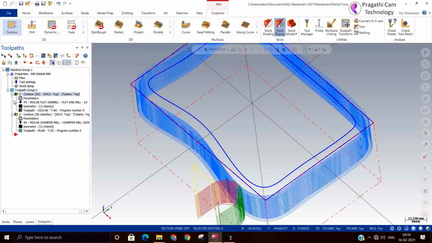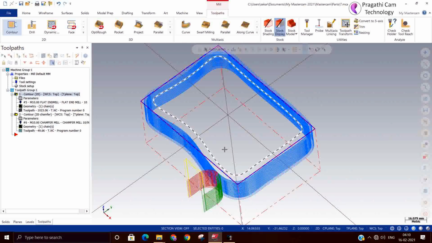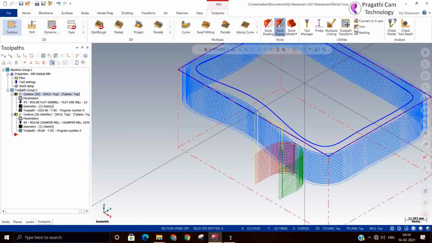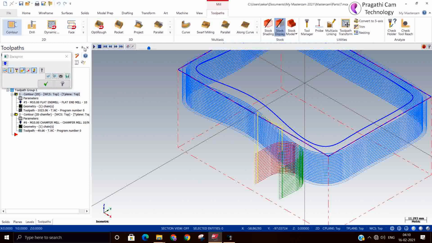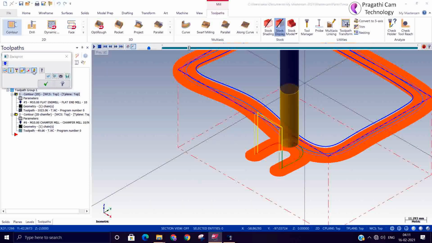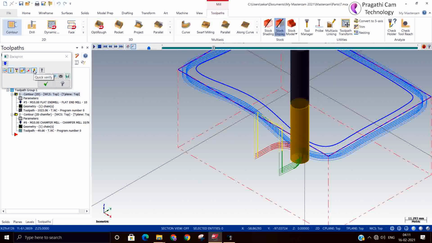So the ramp option, we can use it anywhere. Generally this is made for the situation where lead in and lead out may not have space. But in this case, we have a lead in and lead out. We have a space. It is entering from outside and leaving at the outside. But in some situations you do not have the space for lead in and lead out.